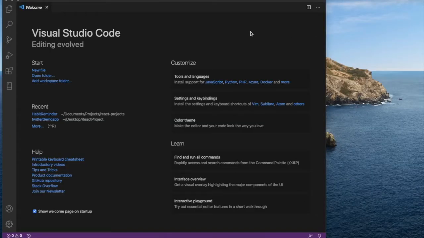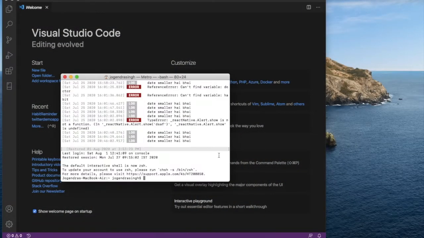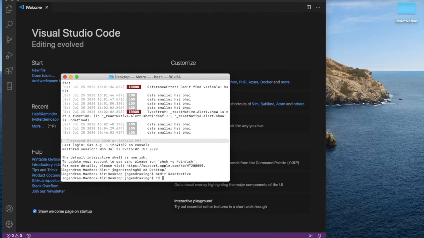In this video we are going to create a new React Native application project. So we are going to set up a new project. For this we first need VS Code for opening and running our code. I am creating it using the terminal. Here I am first creating a new folder on the desktop, and in that we will set up our new project. The mkdir command is used for creating a folder.